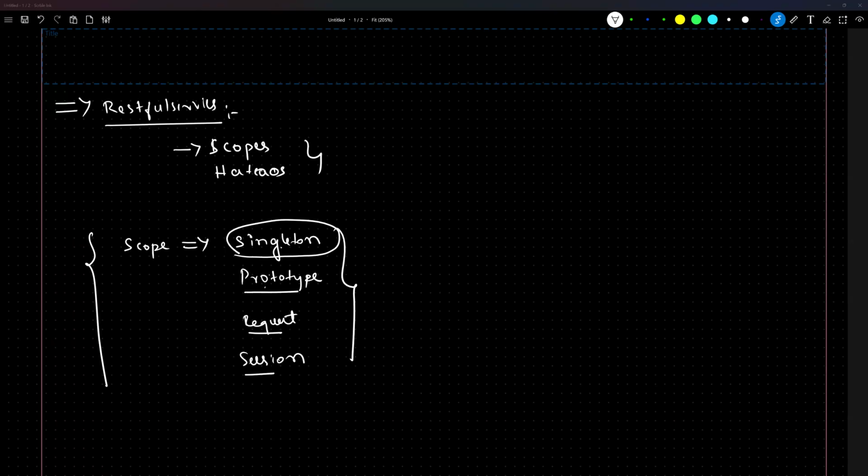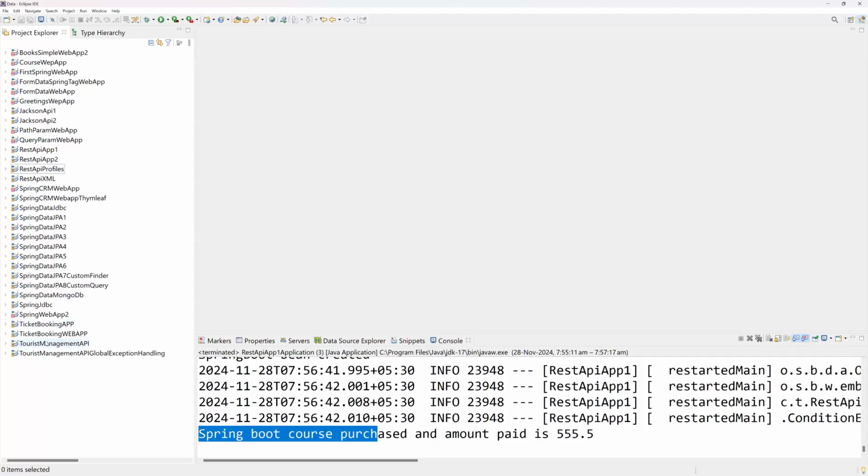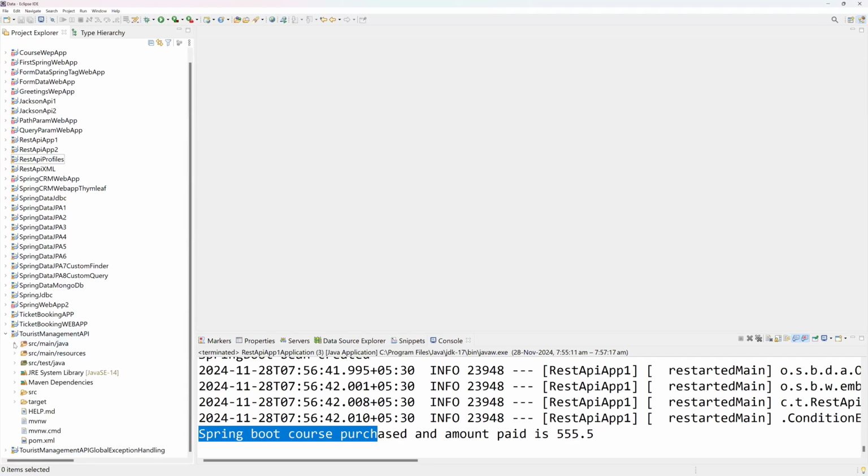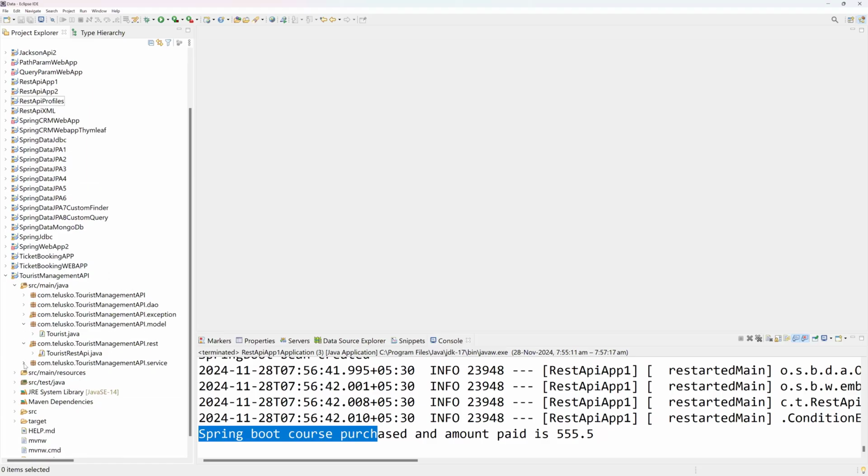I would like to open the application, which we have done already. Let's go and work with this API, which we had created for our own applications. You need not add any extra dependencies or anything, guys, in order to make use of this. If you want to apply these scopes, I would like to open any of these classes. I would like to go back and maybe let's take this. I want you to understand here,